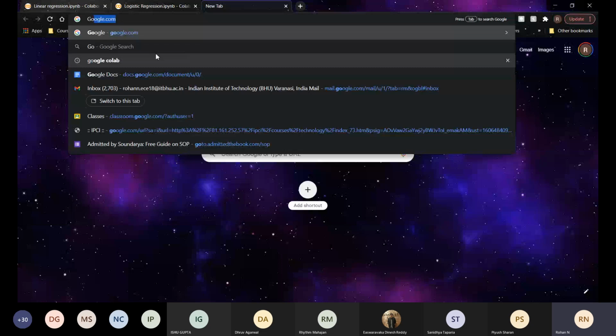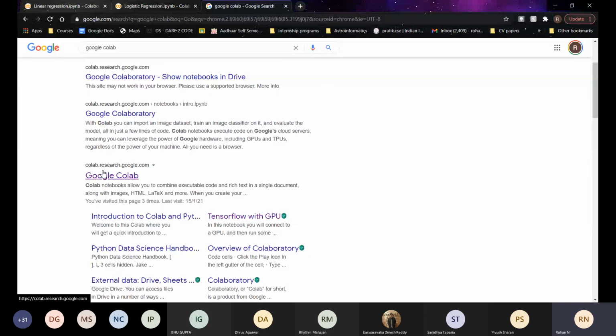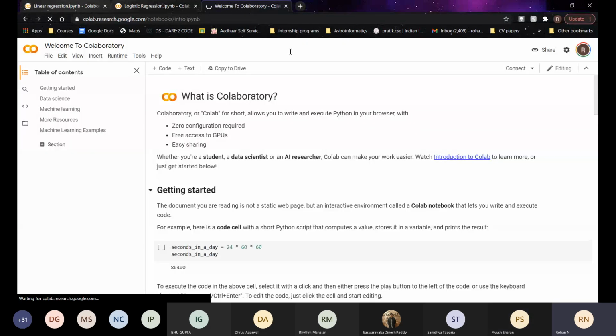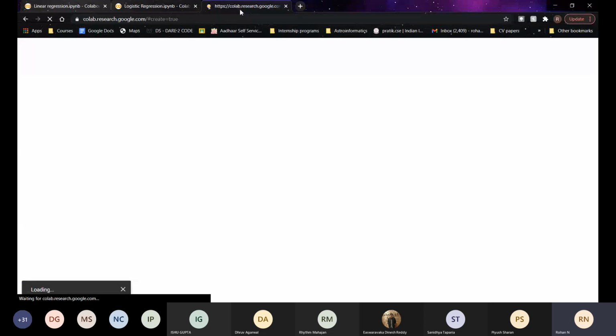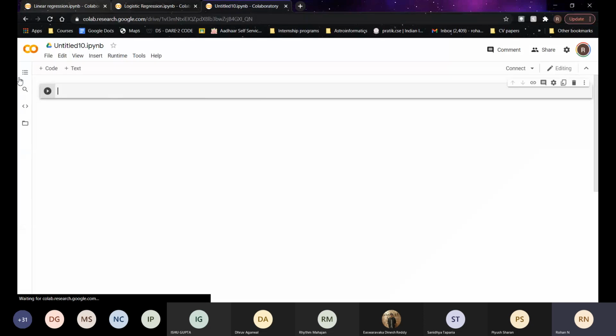If you can just Google search it in this manner and click on colab.research.google, it is a free service provided by Google, wherein you can run Python Jupyter notebooks and use GPUs to train them if you want to create deep learning models. We will be looking at deep learning models soon in the next workshop.